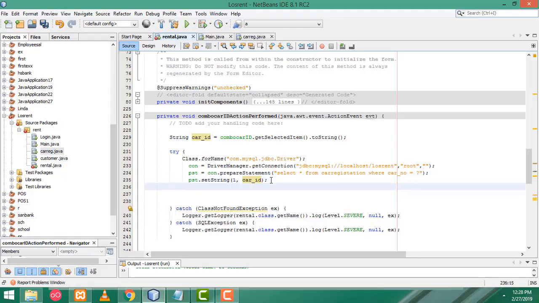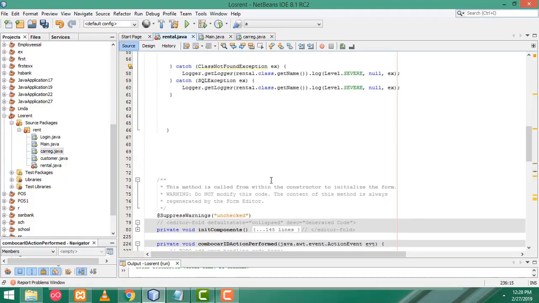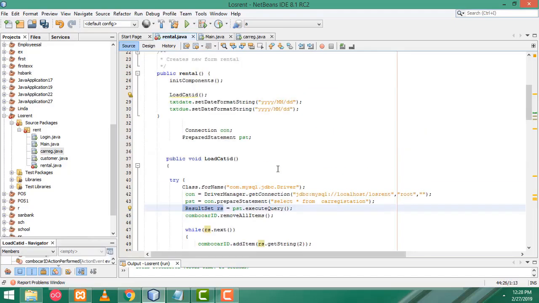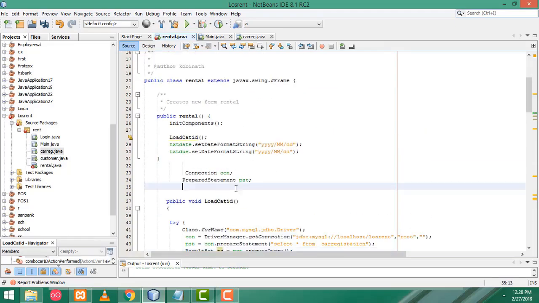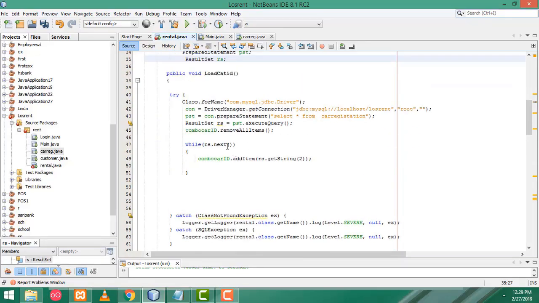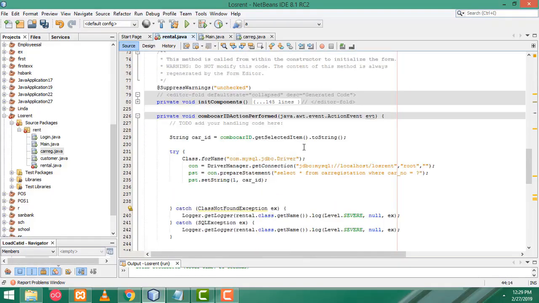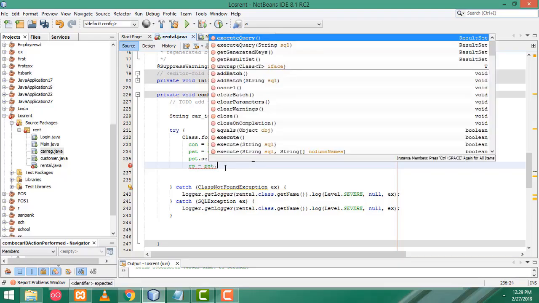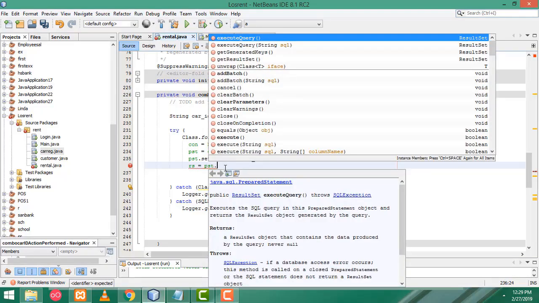So after that we have to write the rs method. We have already written the rs, so I'm going to Ctrl C to copy this one, and paste it here. We have to use this one for every method, so remove this one, and we have to use here as well rs result set equal pst dot execute query,